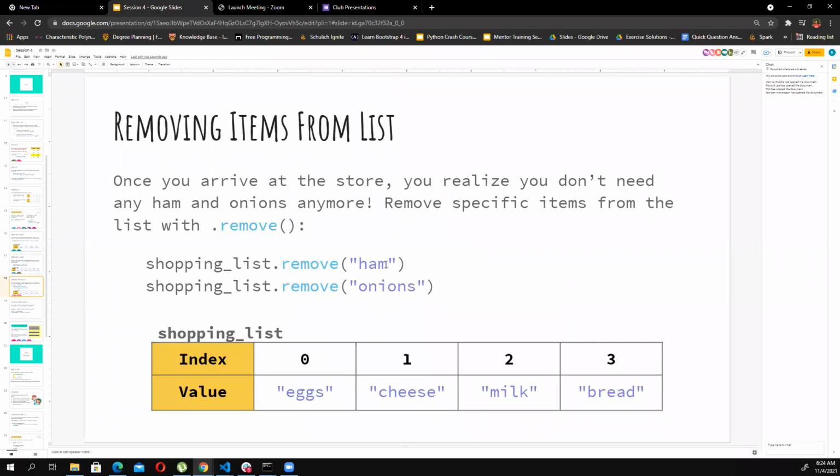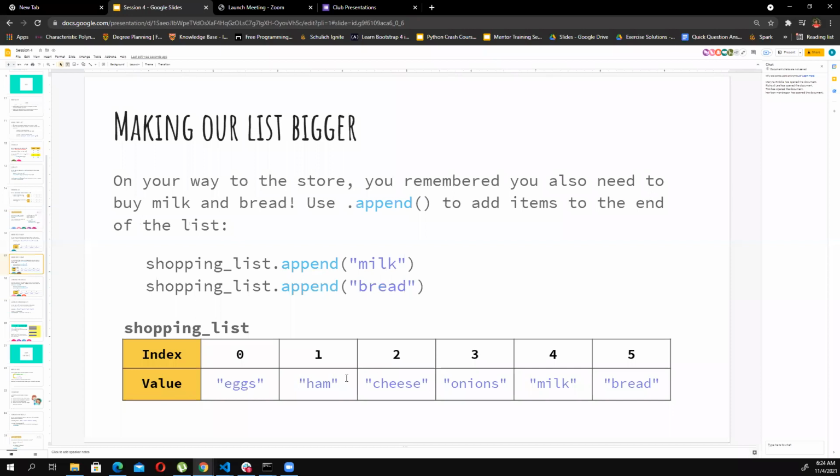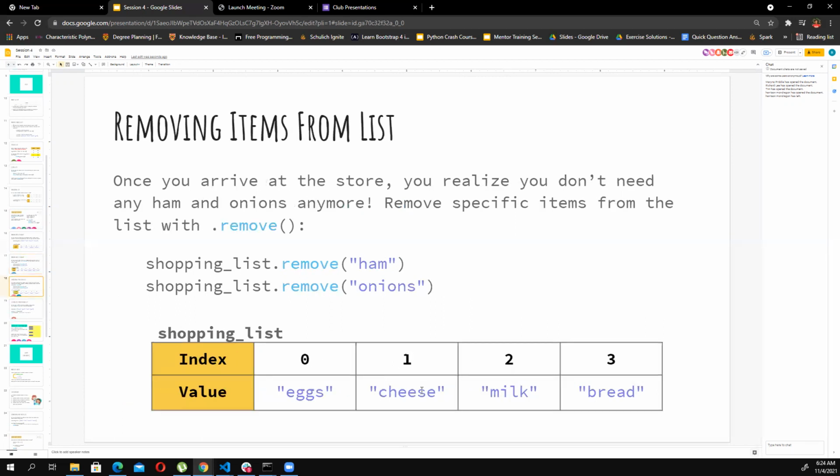And when ham is removed, the next corresponding item after ham is cheese. So cheese is going to be moved to the first index since the value of ham is removed, and all of them are going to move to the left, because this value is empty once ham has been removed. Okay, so cheese is here, and then we're removing onions as well. So onions is also removed. Now all of them have been rearranged to new index values. Previously, the indexes were not similar to them. Okay, next,